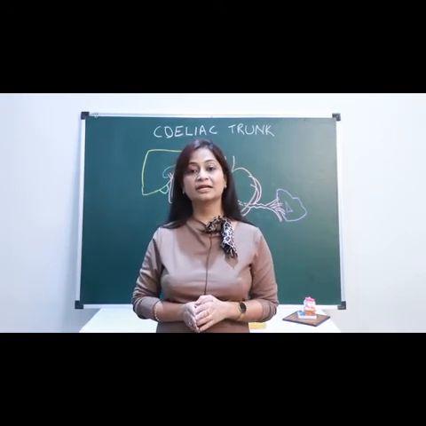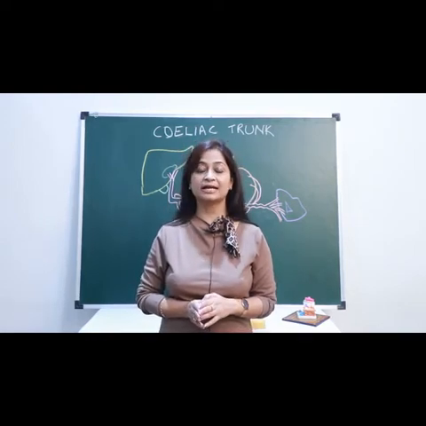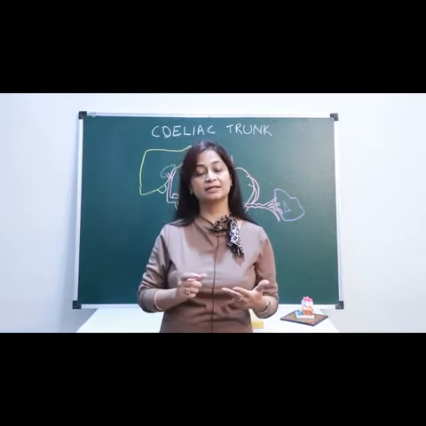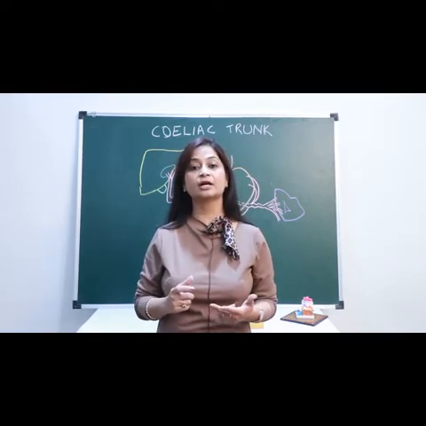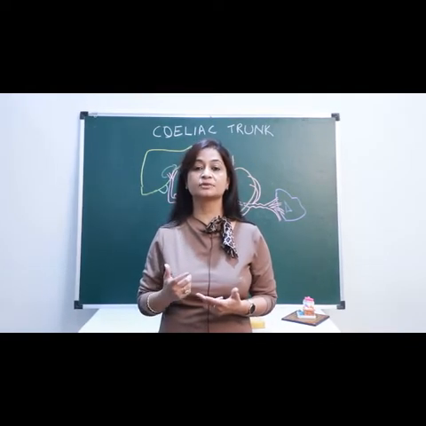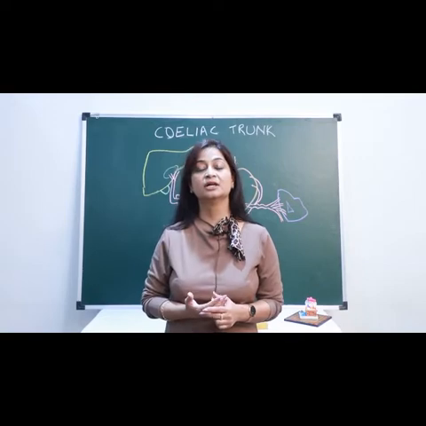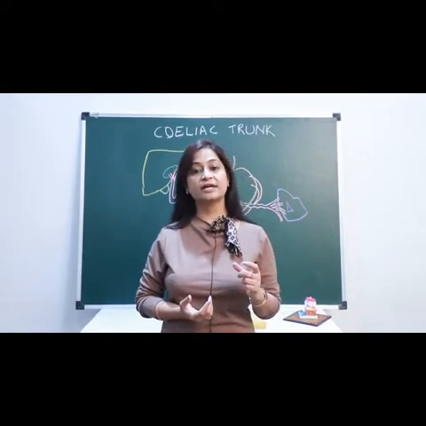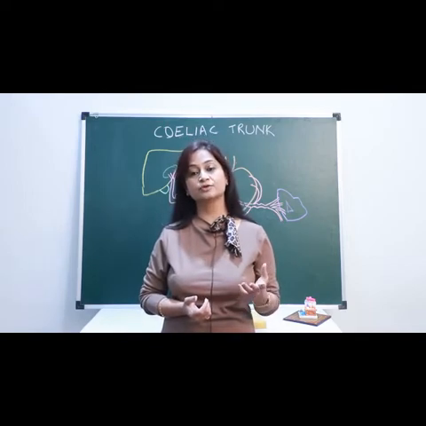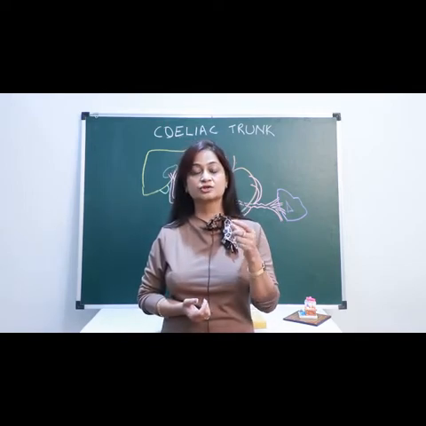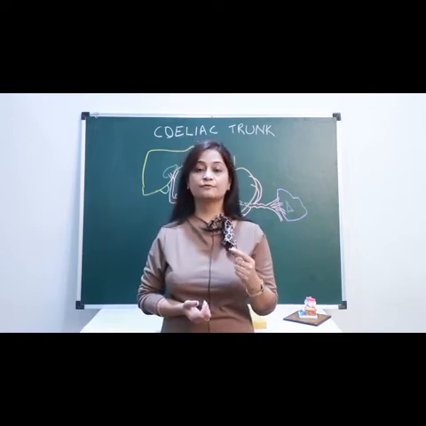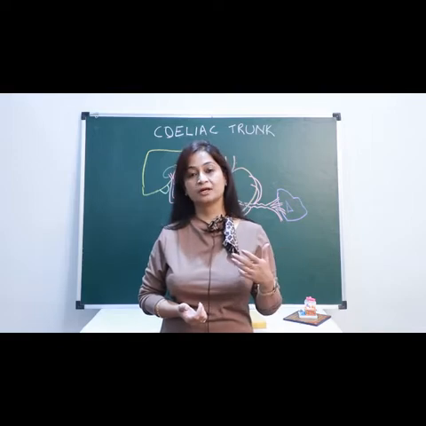And also the glands which develop in the foregut, that is the liver, the spleen, and the part of the pancreas, that is the body and the upper part of the head of pancreas, are all supplied by branches from the celiac trunk. Okay, so the celiac trunk is a very short vessel. Soon after its origin, it divides into its three major branches. So this length is only 1.25 centimeters before it terminates into its branches.